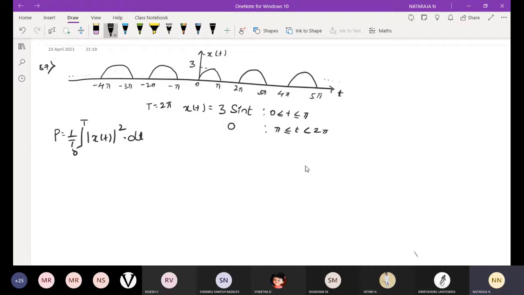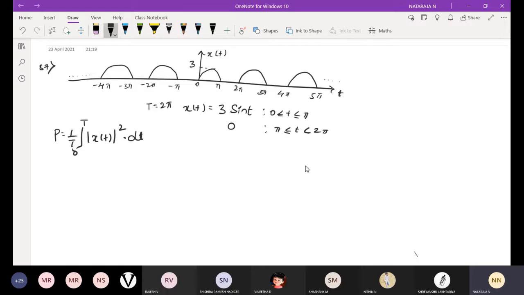This is a sinusoidal signal. I am going to consider this a sinusoidal signal. From 0 to pi we have information that is 3 sin t. That is the limits from 0 to pi. Then from pi to 2 pi it's 0 information. So my t will be 2 pi. It will vary from 0 to 2 pi, but it will be divided. From 0 to pi we have information, from pi to 2 pi it's 0 information. Now I am going to consider both equations, but 0 information no need to consider. It will be 0 we are going to get.